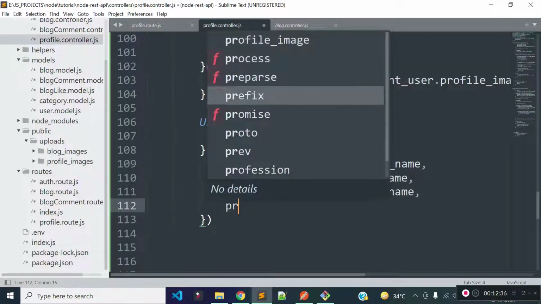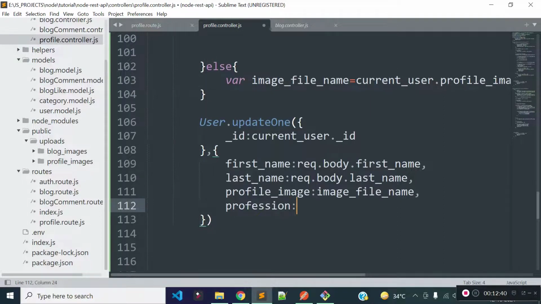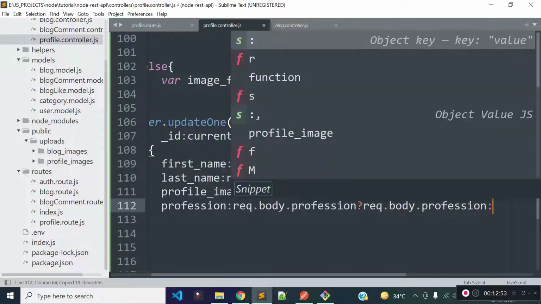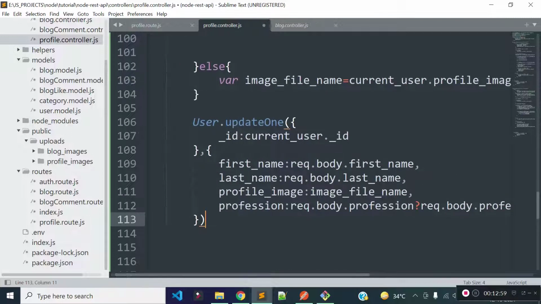And then I'll update the user's profession field. So I will check if the user is providing the profession field, then we'll provide the profession value, and if the user is not providing this profession value, then this will be blank. Okay, and this will return a promise, so I will use await here.